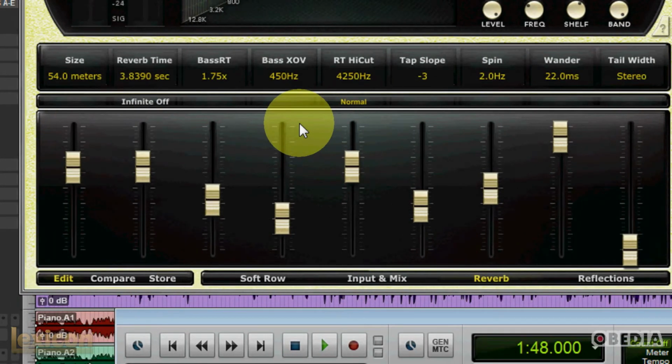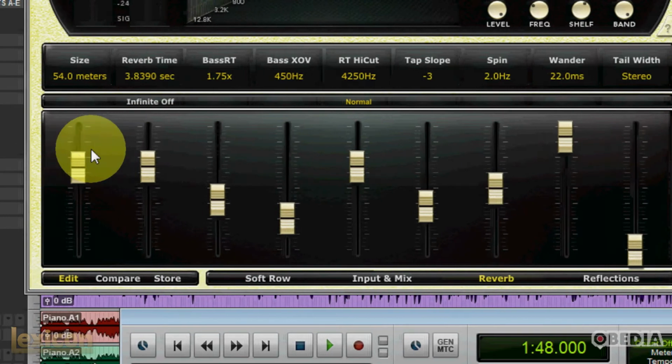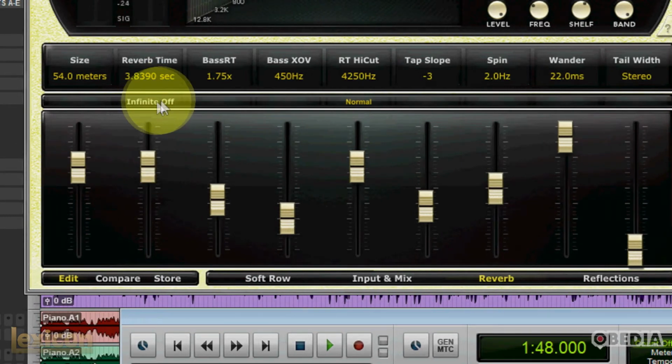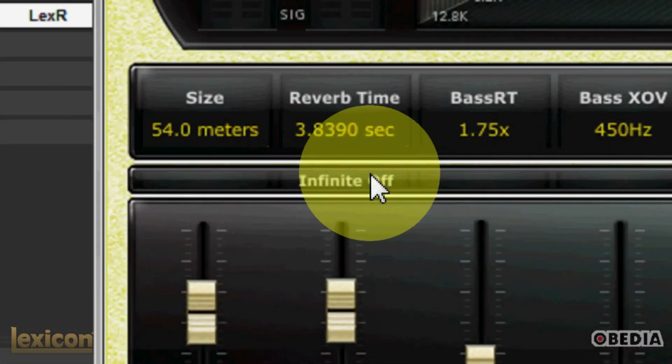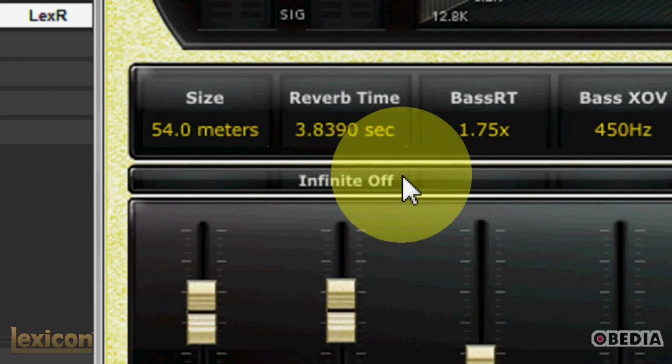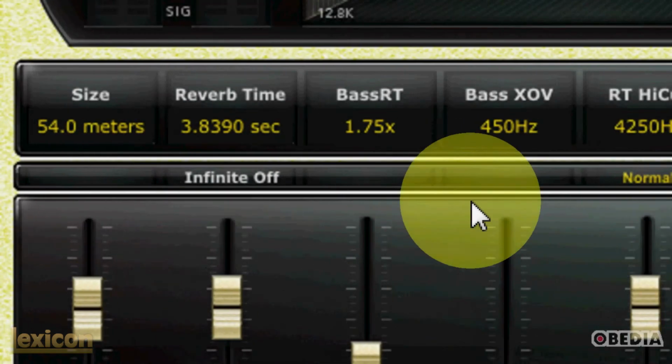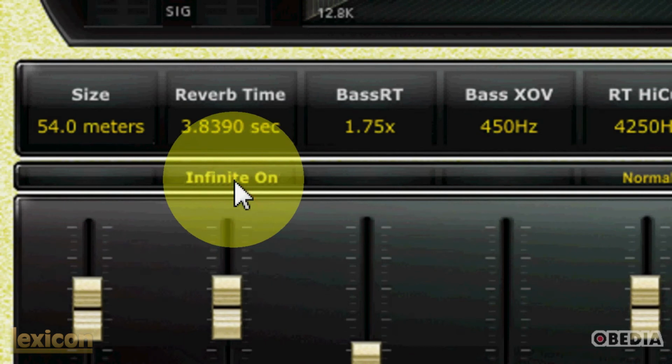much more in depth into the settings and parameters for this plugin. I can make changes to the size and the reverb time. And you're also going to notice that some of these parameters will also have one separate option which I can, in some cases, turn on or off or change depending on if that option is available for that parameter. In the case of reverb time, I can turn infinite on or infinite off. And this is going to allow me to change exactly if that reverb can go on to an infinite scale